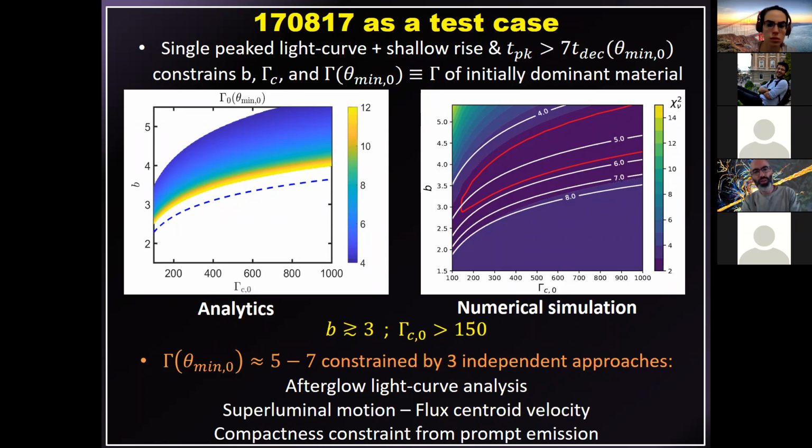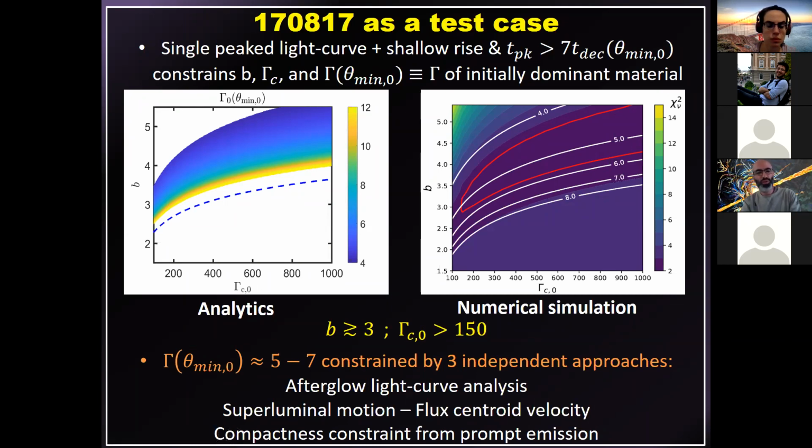And the analytical constraint that we get from this is this colored region that we see on the left-hand plot. And you can now do a numerical fitting, and you find that this region is in very good agreement with this numerical fitting for those parameters that I have here, which are the structure of the Lorentz factor profile and the value of the Lorentz factor at the core of the jet. So we get good agreement, we get some interesting constraints on those parameters,